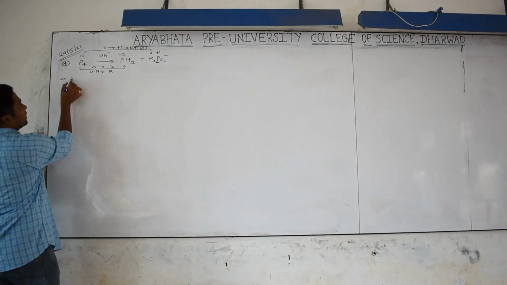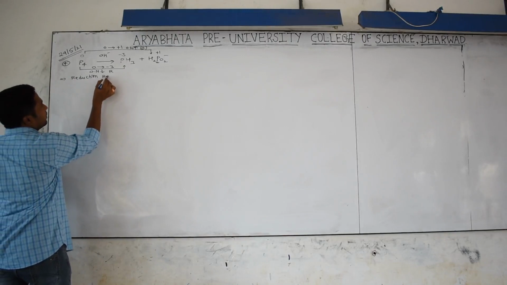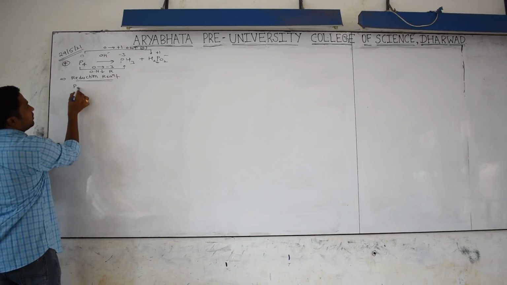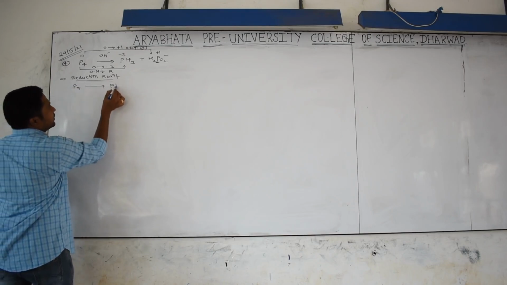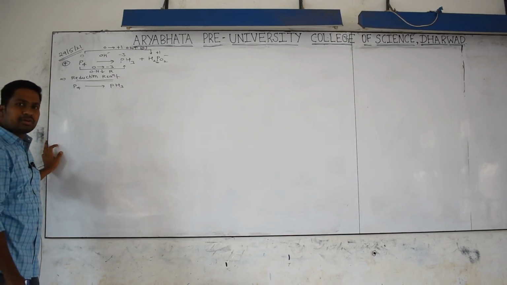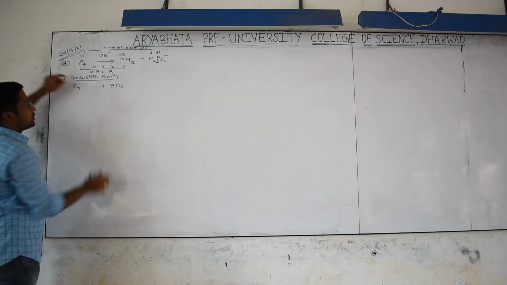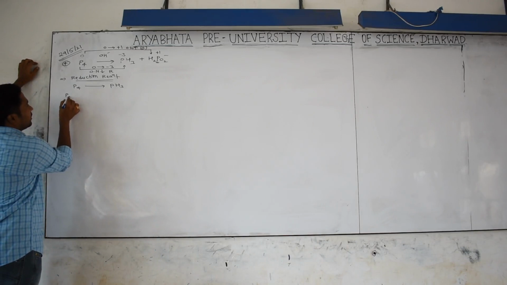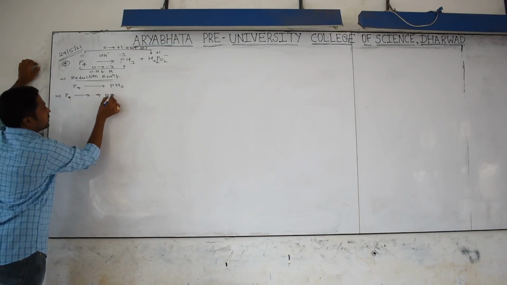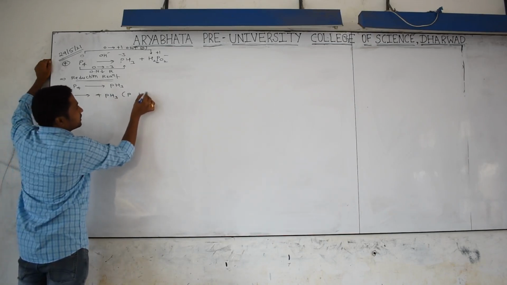Okay, divide the equation into two parts. The first part is nothing but the reduction reaction. So which is the reduction reaction? P4 is split down into PH3. First we have to balance the atoms other than hydrogen and oxygen. Here 4 phosphorus are there, and only 1 phosphorus on the other side. That's why I will write it here. See carefully. P4 gives rise to 4 PH3. So phosphorus is balanced.